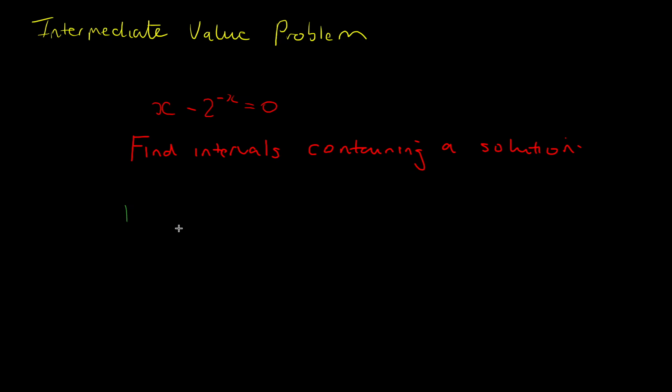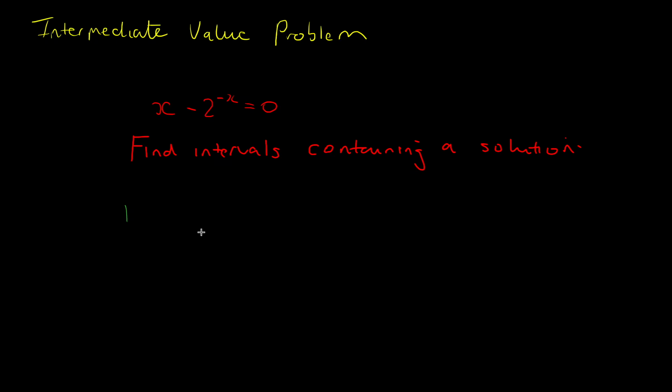So let's look at the intermediate value problem. The question is, we've got x minus 2 to the power of minus x is equal to 0. Find the intervals containing a solution. So in this case, we don't have an existing interval, and they don't specifically ask us to apply the intermediate